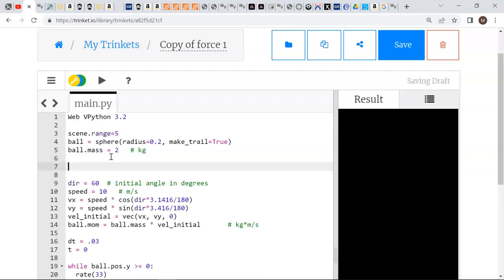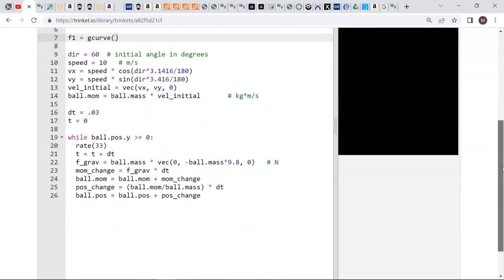One addition is we need to define a graph, a curve that's a graph. So giving it a name, F1, just a random name, equals, and this will be an object called gcurve. There are parameters you give it, but we won't worry about the color and so forth. So that basically defines a graph object. And then inside of here,